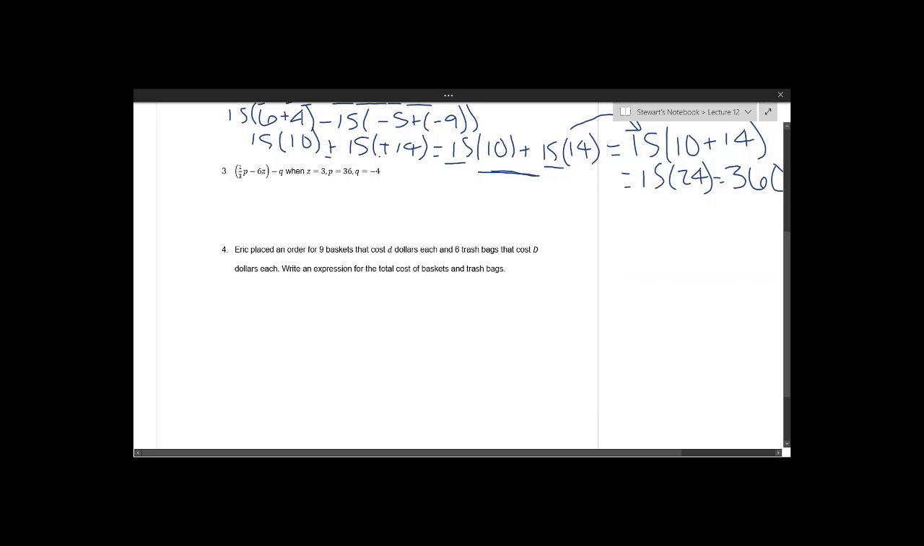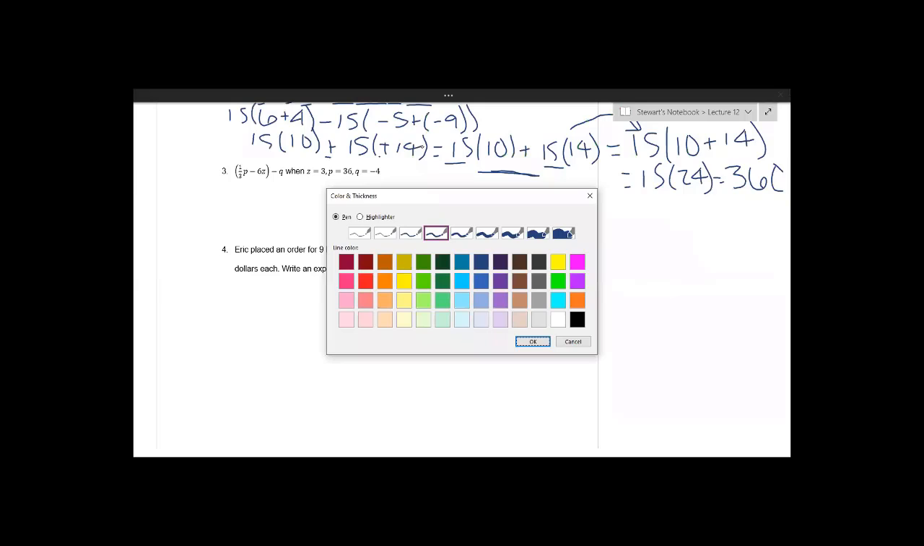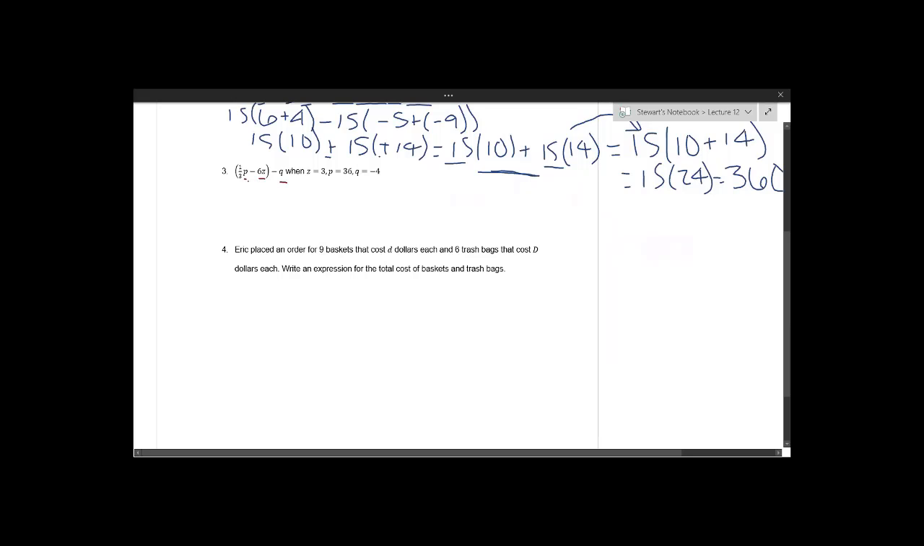Okay. So then now we have 1/3 times the quantity p minus 6z, minus q. So now we have p, z, and q, and then we have p, z, and q as numbers. I'm going to write brackets again just because we're going to be plugging in multiplication, and I don't want it to get too confusing with too many parentheses. So we have 1/3 times 36 minus 6 times 3